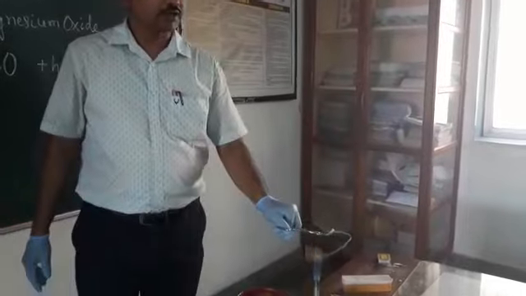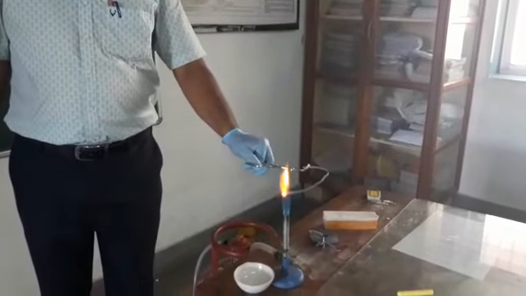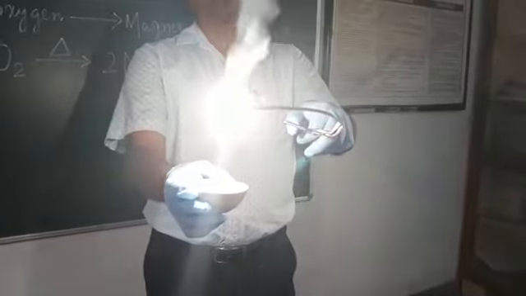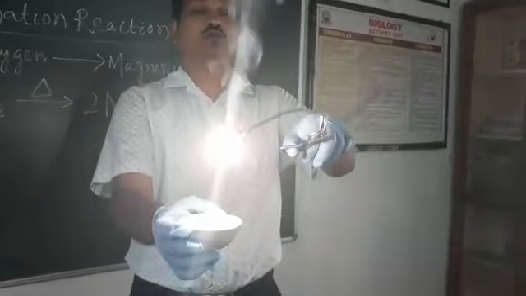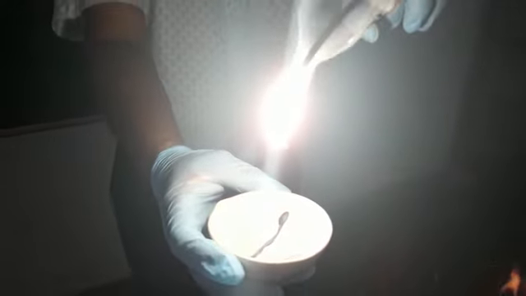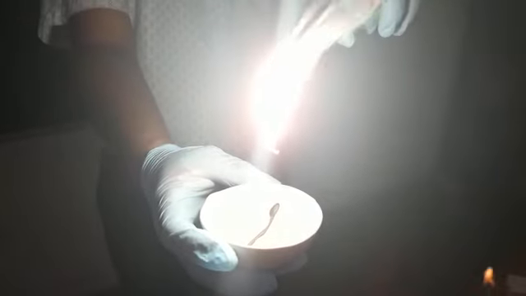When I burn it, please look carefully and note down your observations. When it burns, you will see a very dazzling flame, a very bright flame. That is the first observation. The second observation you will find is that after burning, it produces white ash. See, the white ash is produced. You can mark very easily how the ash is produced, and it is collected here, the white ash in the dish. This burning you can mark with a very dazzling flame. Heat is also produced.